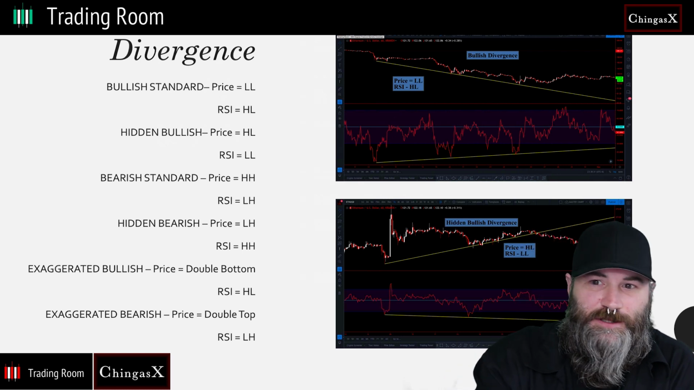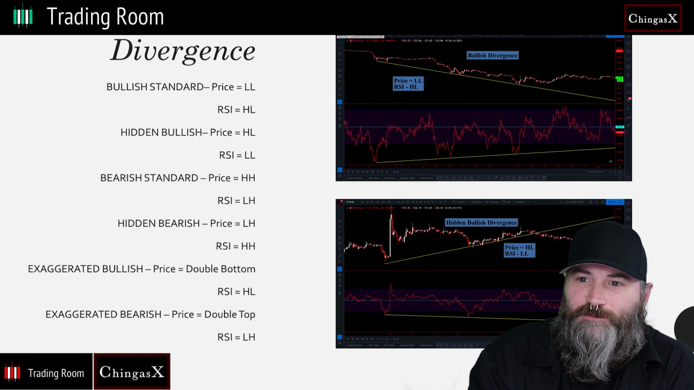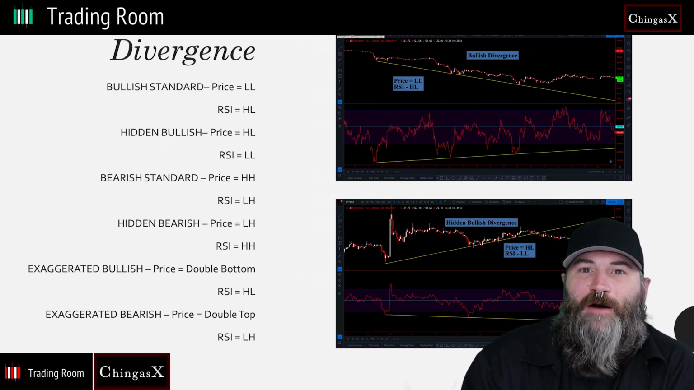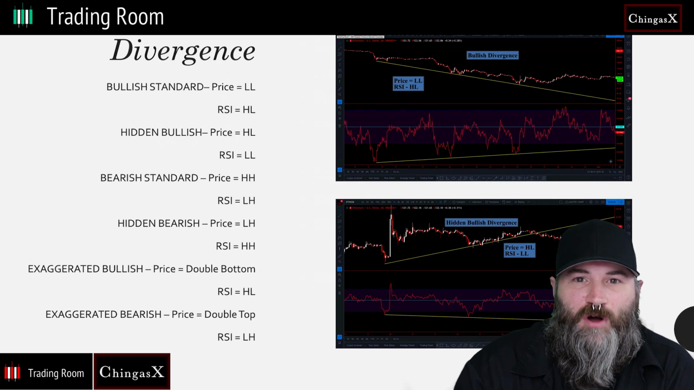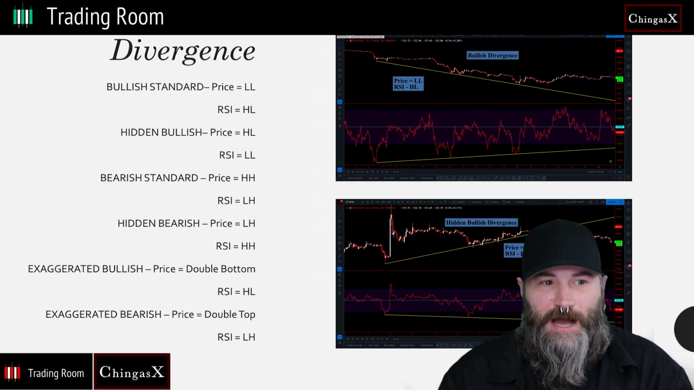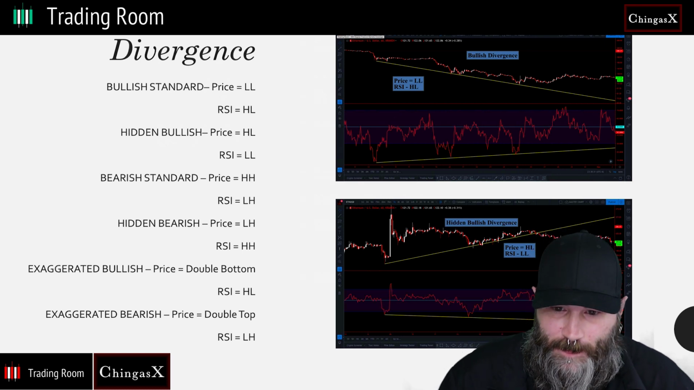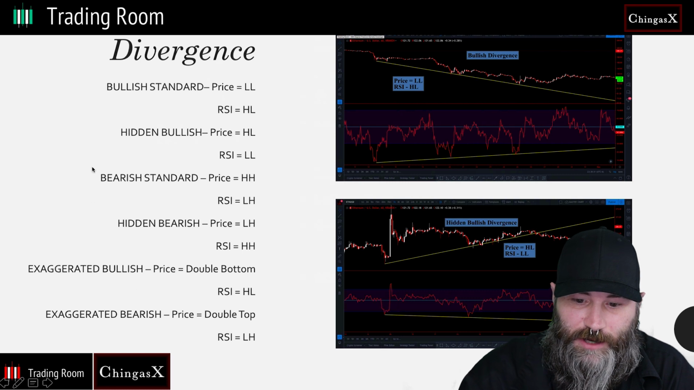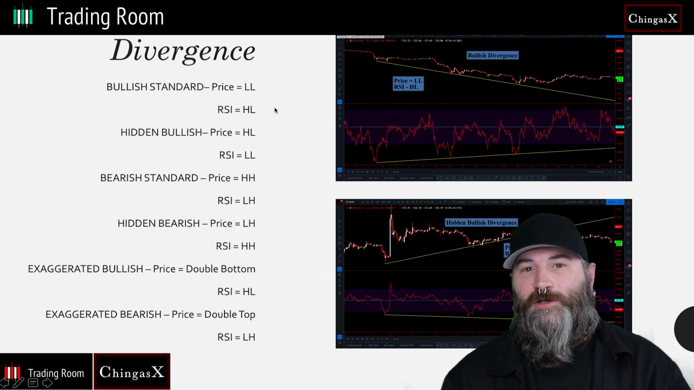Divergence, I feel, is the secret bread and butter of RSI. Maybe the most valuable part of RSI. So we need to understand it, recognize it, and then apply it. All right, there are many different divergences, and yes, this looks pretty crazy, but just remember you have a bullish